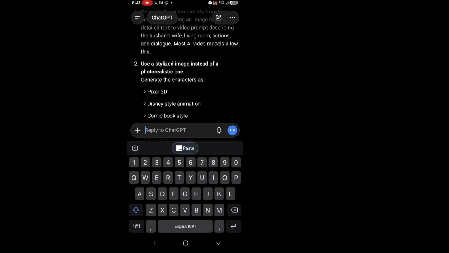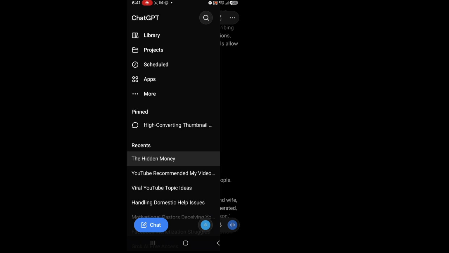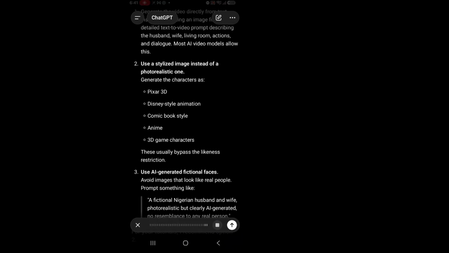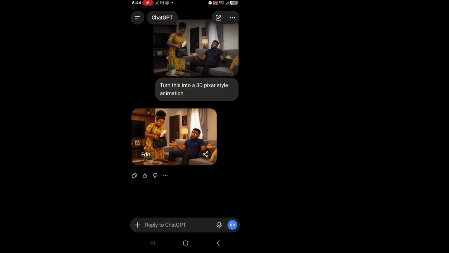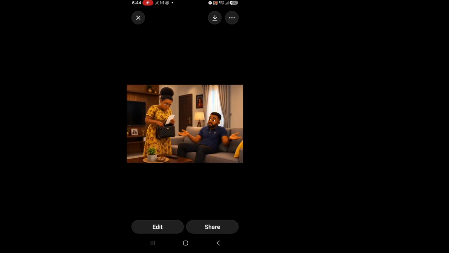And you're still going to get the results you want. Okay, so I wanted to change our characters to be zigzag 3D big expressive size characters. So just turn the characters to be in Pixar-style, the same images you created for me. Can you see this? It has literally turned it from normal realistic human to a cartoon character, and I love this. So I'm not going to save it, and we're going to do the same thing for the second image,